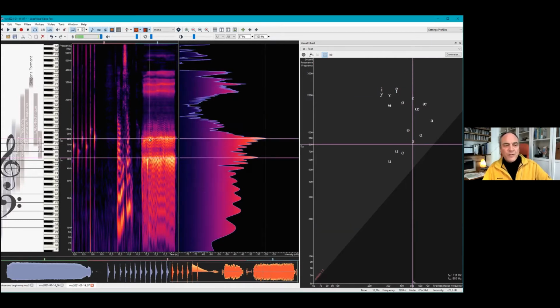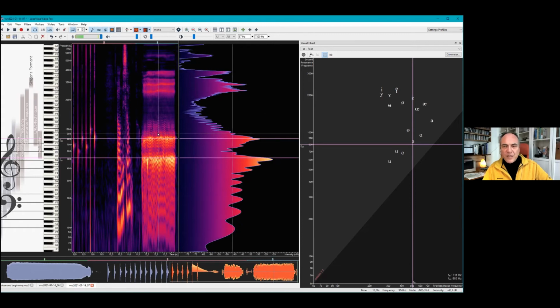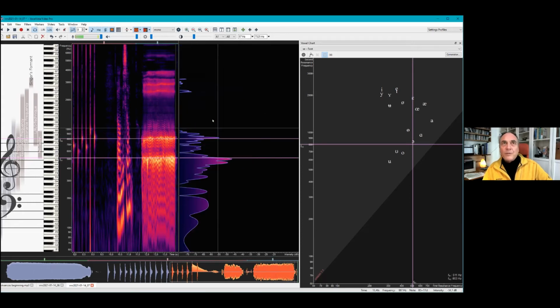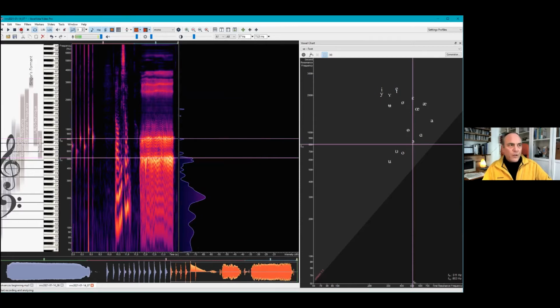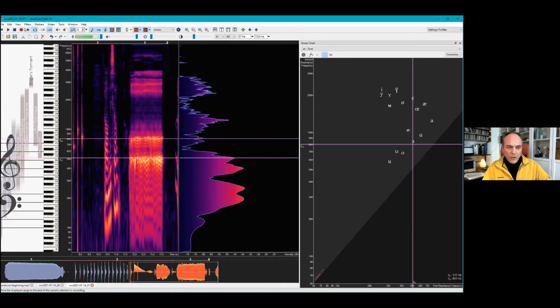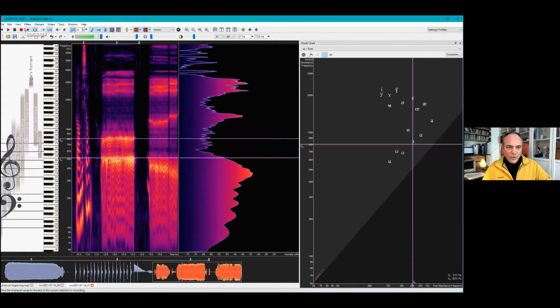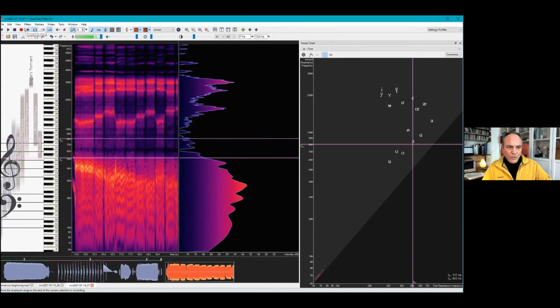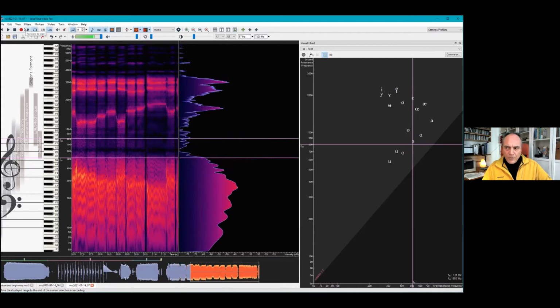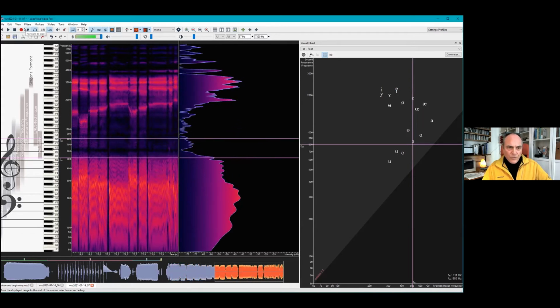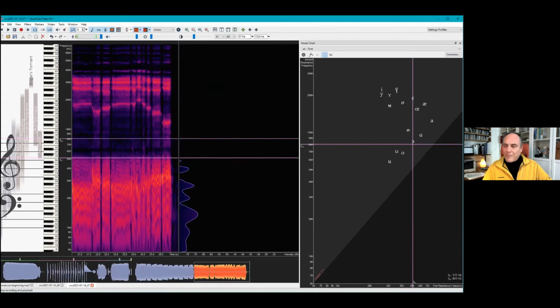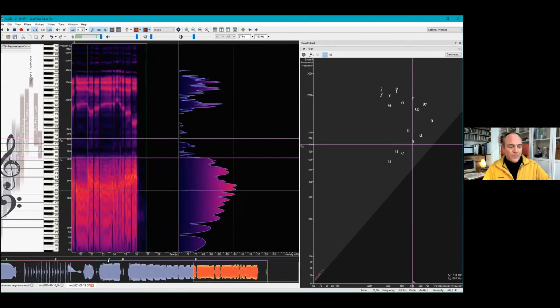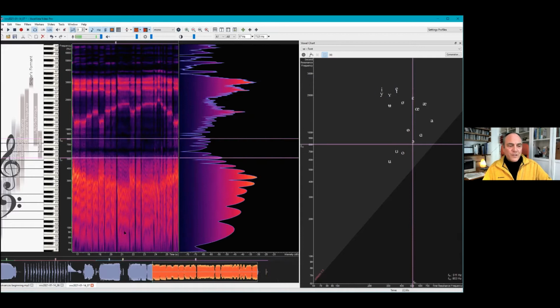But if I move the second resonance according to a melody, you will hear the pitch of the resonance. And suddenly the resonance turns into a music instrument.